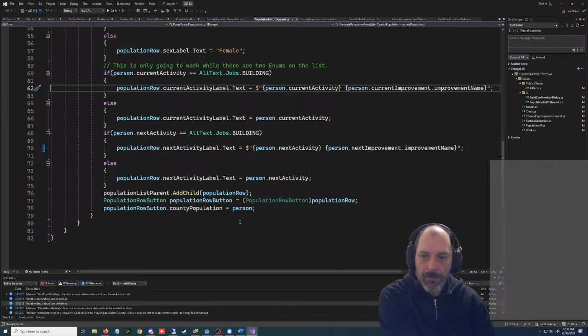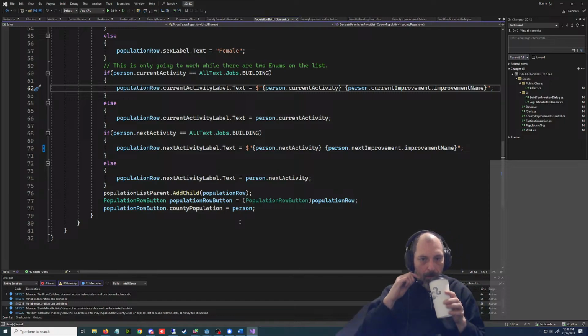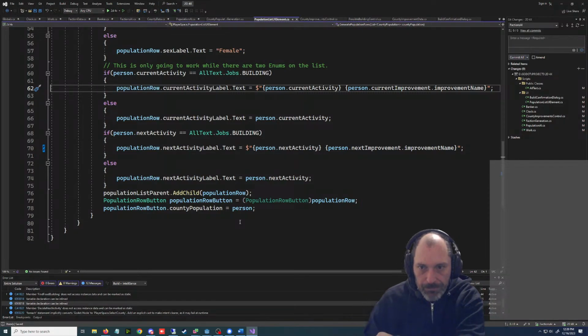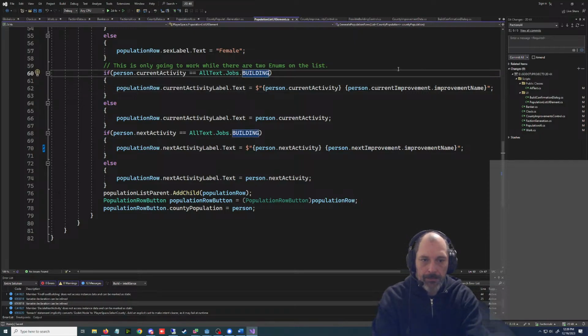Current improvement. If the current activity equals building, because it takes away their current improvement.